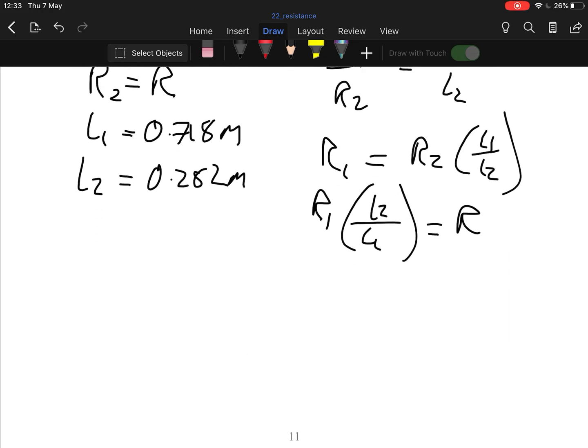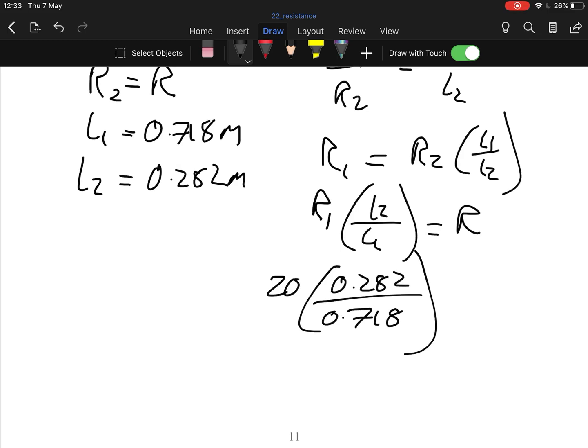Again, I do it this way. You can, if you wish, sub in your values. Once you get to here, you can sub in your values here to find this and sub it across. That's fine. All I'm doing is multiplying across by L2, dividing across by L1, and that's why my fraction appears like that. I sub in all my values, which were 20,